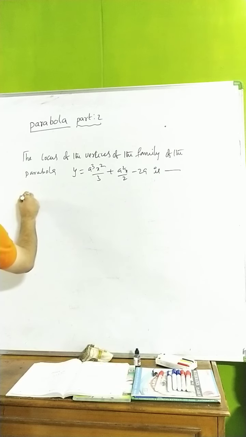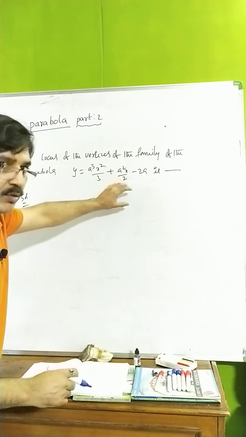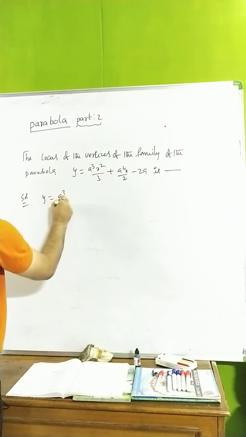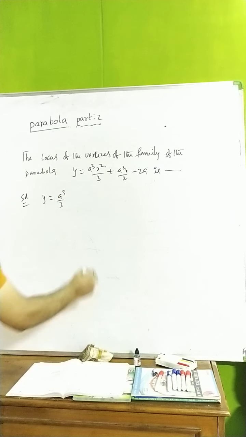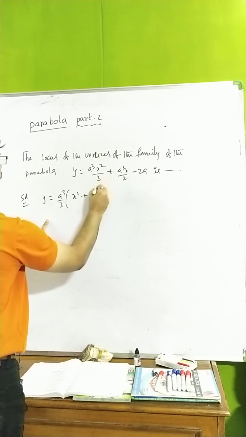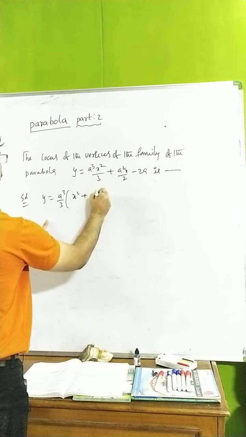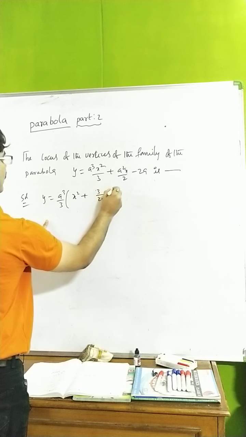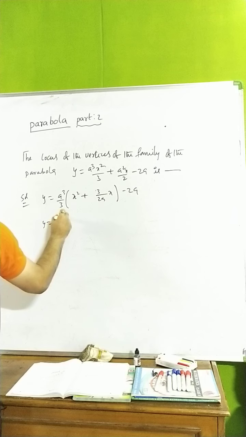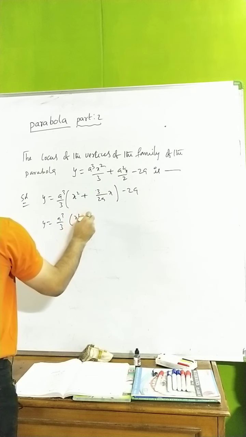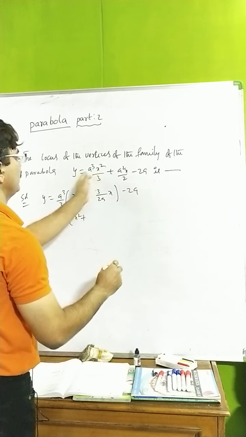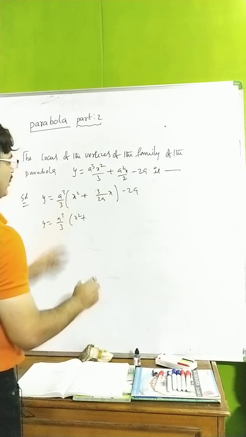Based on whatever we have learned, using that only we can handle this. How? You see this one, I want to mold it as a cube by 3. If you take common x square here, plus 2a, 3 is there, x is there, minus 2a. Now y is equal to a cube by 3 x square plus, because I selected here 3 is not there, that's why I multiplied here in this case.